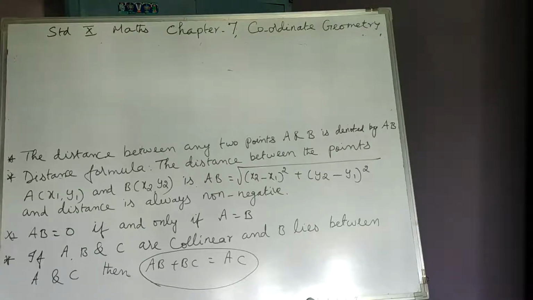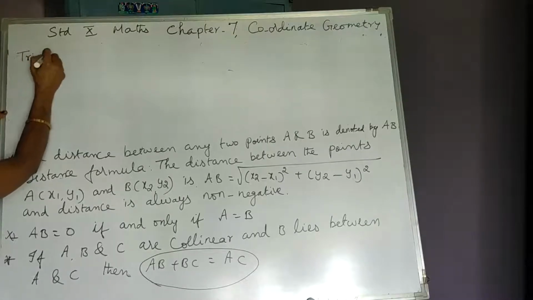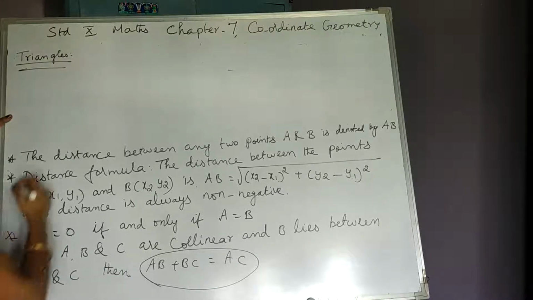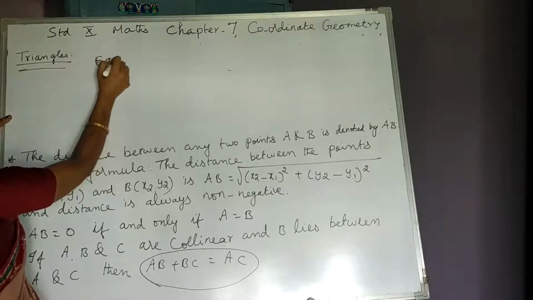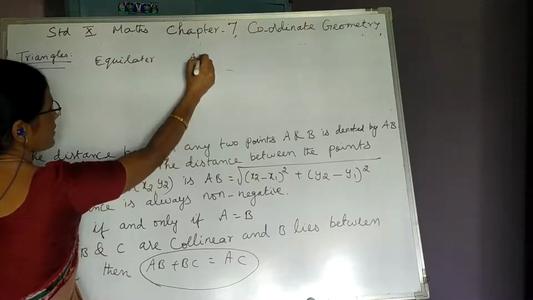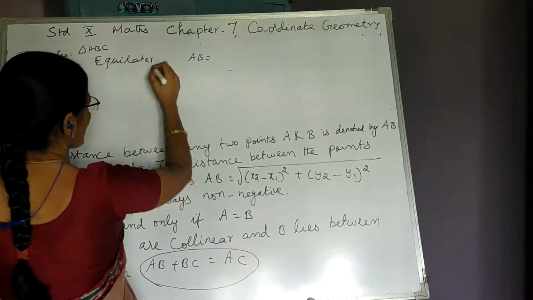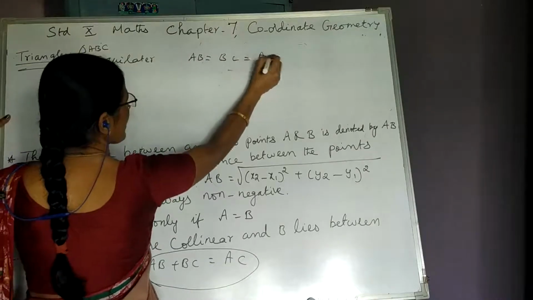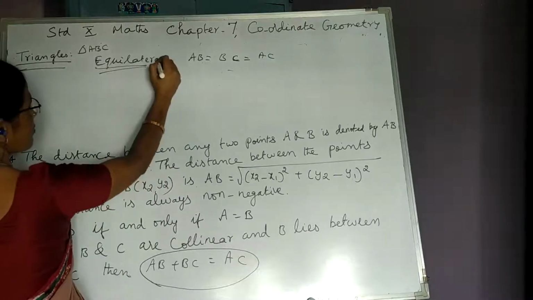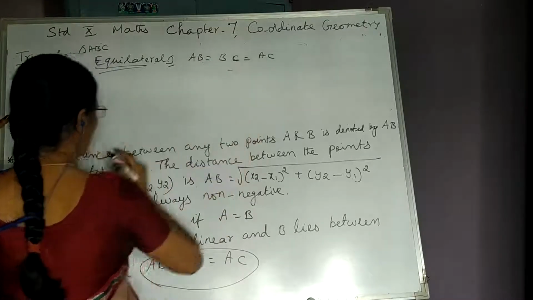Then we understand some more points for triangles. First I explain, then I write in proper form. We know what an equilateral triangle is. A triangle is said to be equilateral when all the three sides are equal. Suppose we have taken the triangle ABC, then we write AB equal to BC equal to AC. So when points are given, to prove it is an equilateral triangle, what should we prove? We should prove all the three sides are equal.